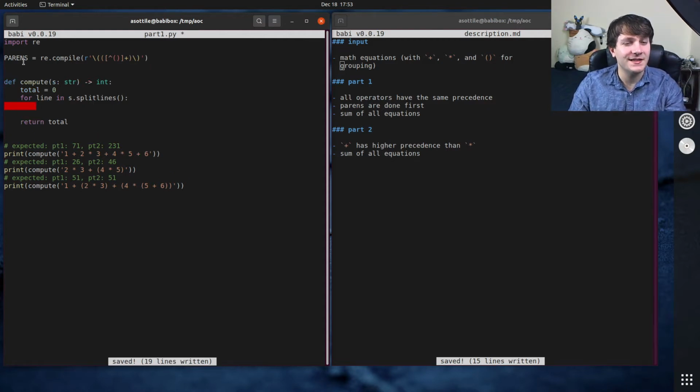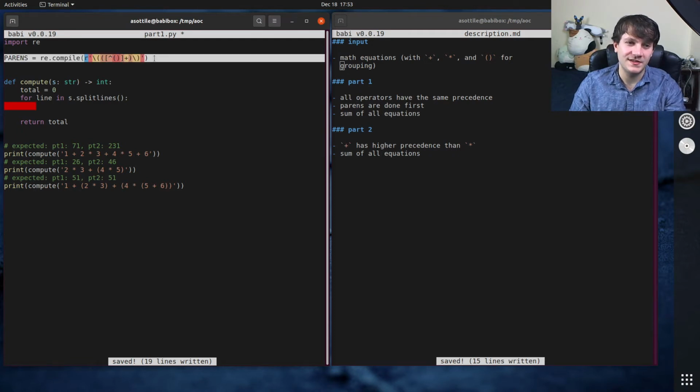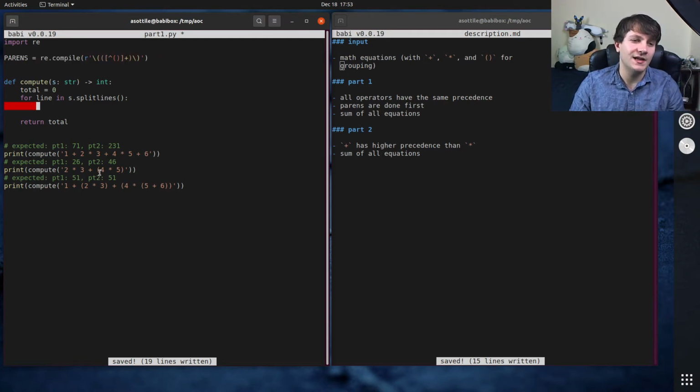But basically what I did is I did a replacement that took this parenthesis and replaced out any of the parenthesized regions until there were none left. So for this problem here, it would replace out this one. It wouldn't replace out this one fully because we say that there's no parentheses allowed in between, but it would do this inner one, and then it would do this one, and then finally it would be a normal equation, and we'd evaluate that. So what I did here is while parens.search